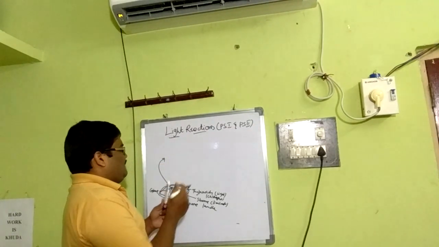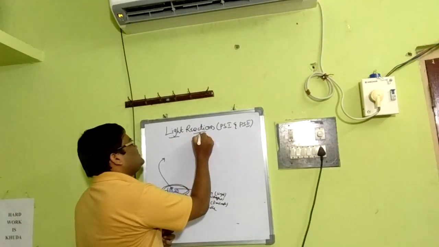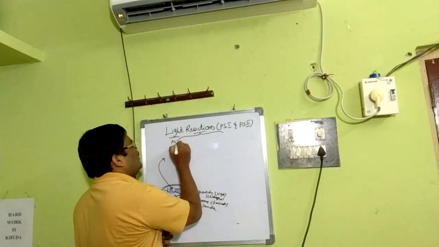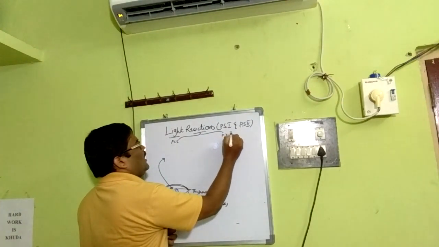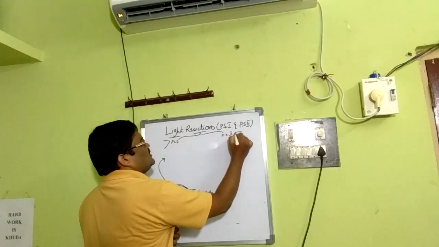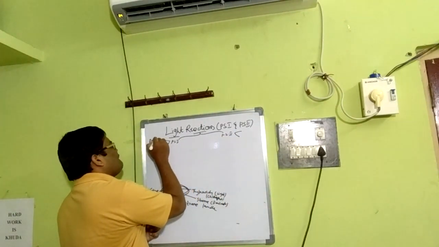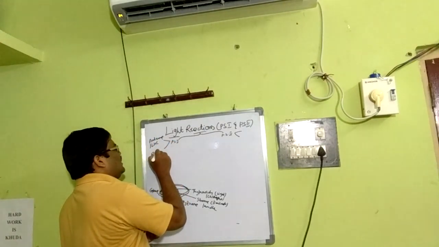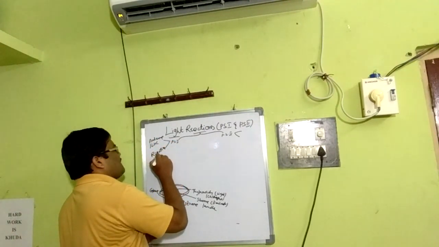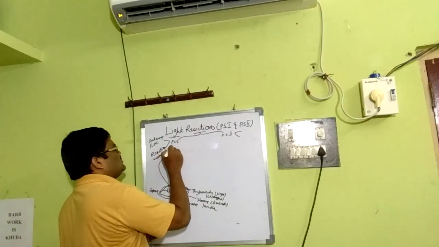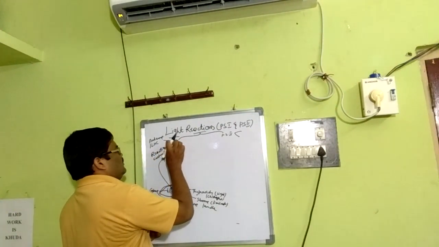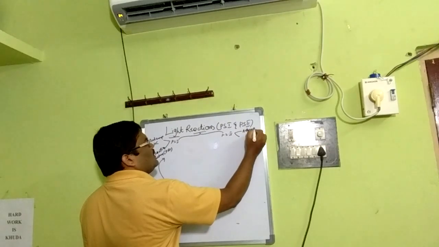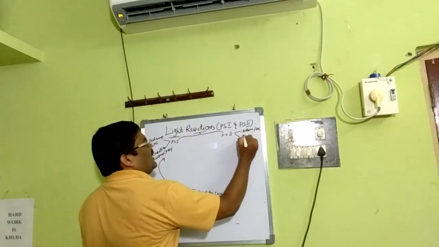Now with respect to basic elements of the light reaction, as I told you, there are two elements, photosystem 1 and photosystem 2. Again, each has two subcomponents. One is called antennae or LHC, light harvesting complex, and the other is called the reaction center, that means the photosynthetic reaction center.